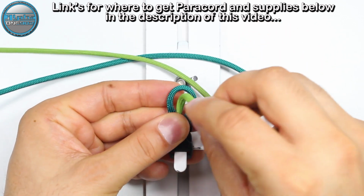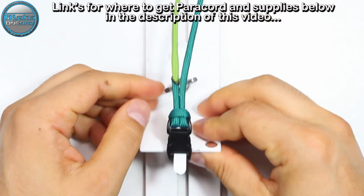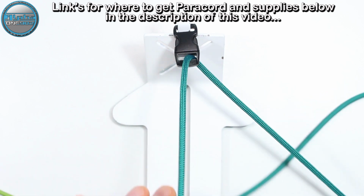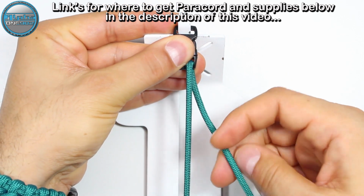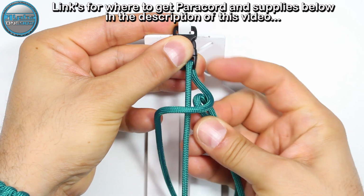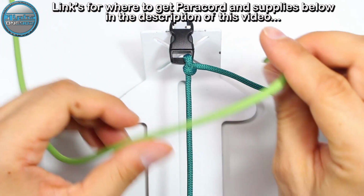and now pull it through the loop. From the top into the buckle, pinch it from the back side on top of the cord, then around, and from the back pass it through the loop. And now with the other cord,